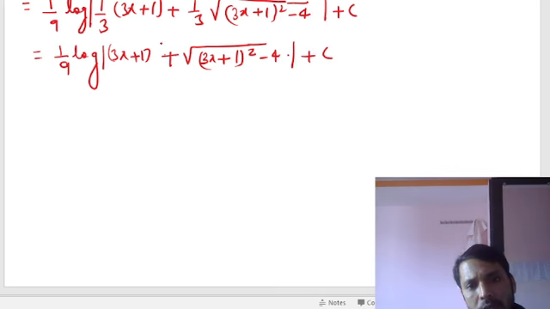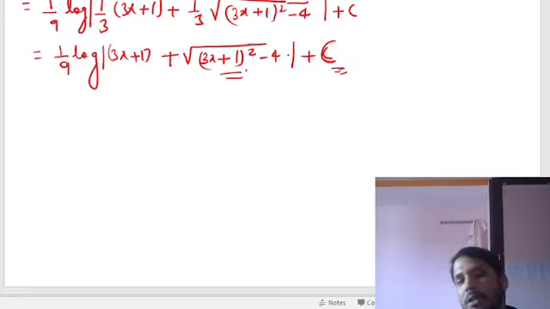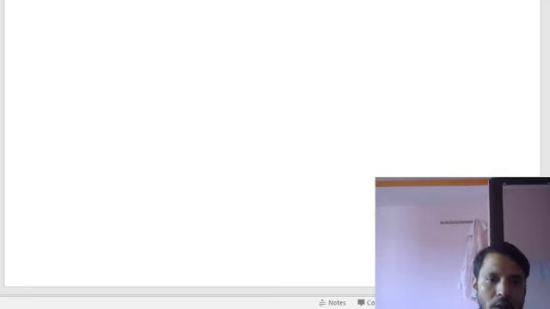Actually here you will ask where is that 3. We have taken minus of log 3, and log 3 is a constant, so by combining this we have considered this equal to capital C, right? And with that 1 by 9 also was multiplied, so that doesn't matter actually. So the final answer will be this. Here we can simplify it, but this is also the correct answer, right? Now next, the question number